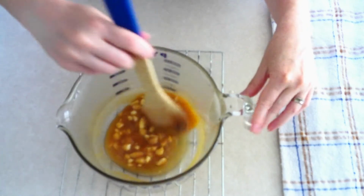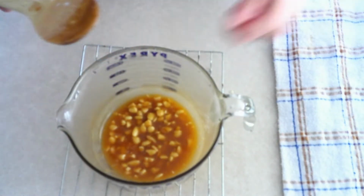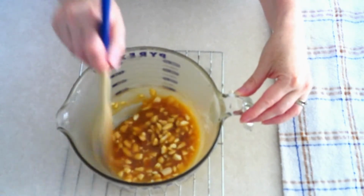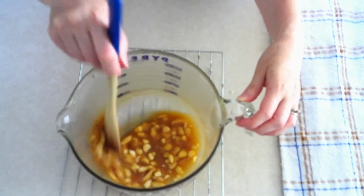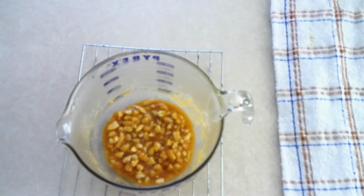Also, if you want an extra quick recipe and you don't want to make the caramel sauce, you can buy pre-made caramel sauce. You want to make sure that it is a sauce and not a syrup because you need that thickness so that it stays on the bars and doesn't slide off. Once the nuts or whatever add-in you're using is fully coated, set that aside for just a few minutes